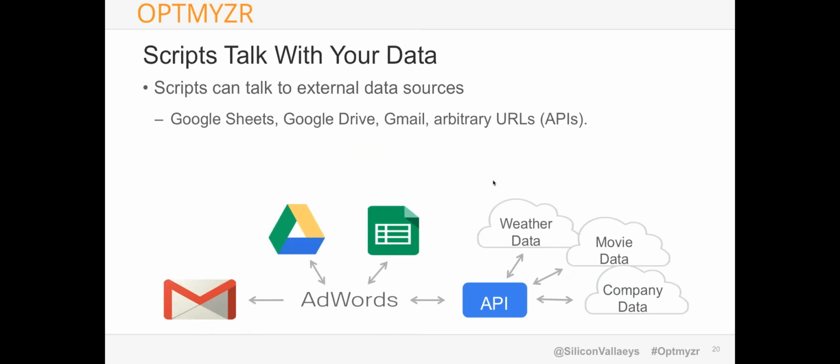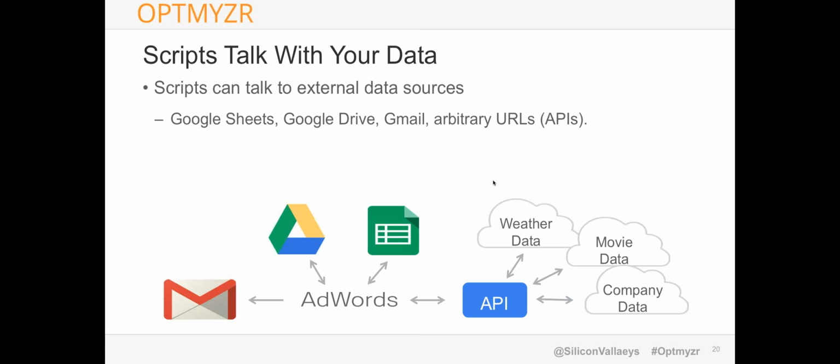So let me go into some of the stuff that these scripts can do. The script can actually talk to your data. And this is really powerful because what it means is they can send Gmail for you. They can look inside your Google Drive. They can access Google Spreadsheets. Or they can even go through an API. And an API is simply an application programming interface,